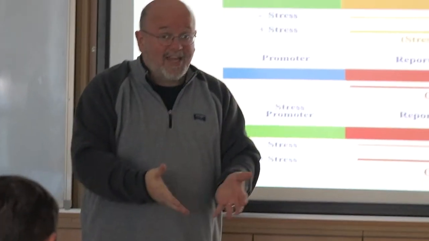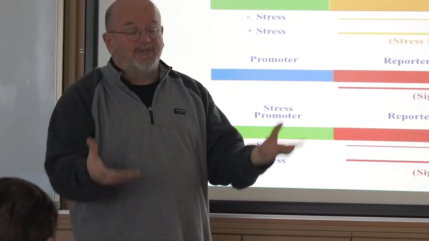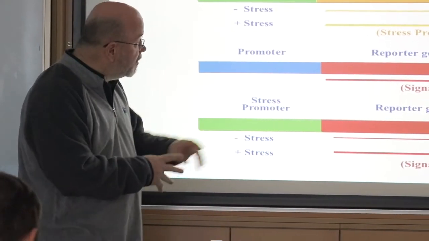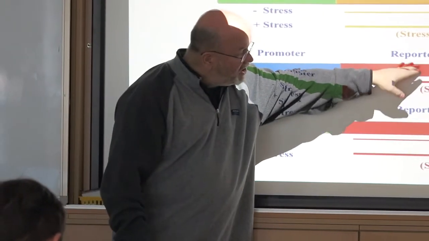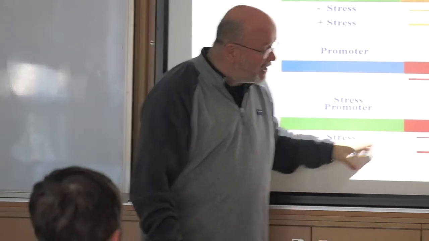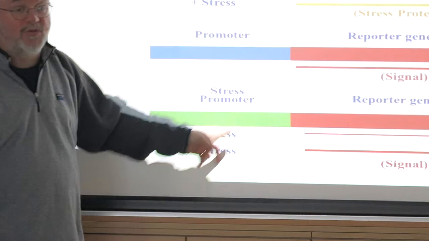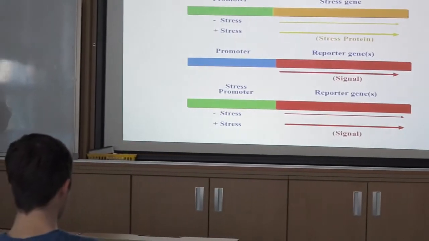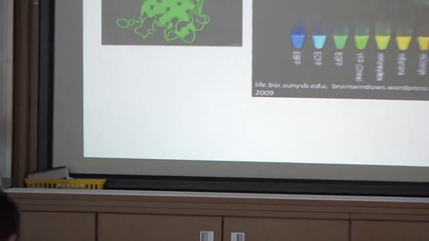You become tan, right? Bacteria, you put them in UV, what do they do? They produce proteins to protect their DNA. So they respond just like we do. So the idea is we take a stress promoter with a reporter gene, a bioluminescence or biofluorescence gene, and we combine them together to give transcriptional control of this reporter gene with the stress promoter. The result is that we can see differences in the reporter gene activity when we want it, if there's a